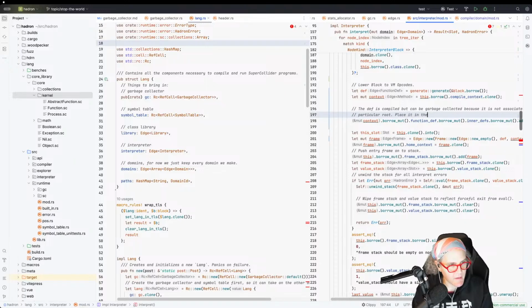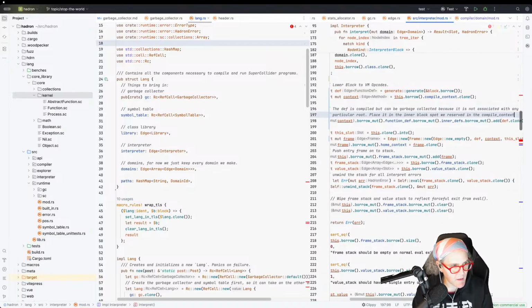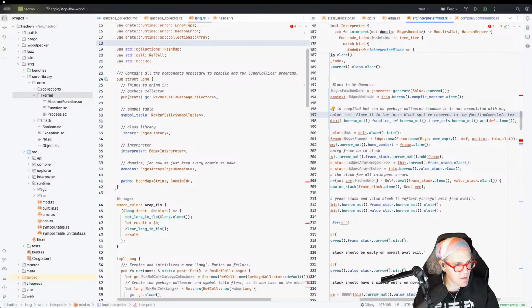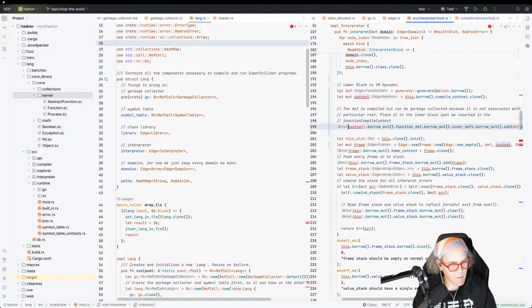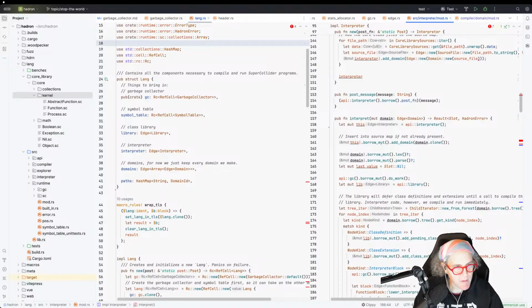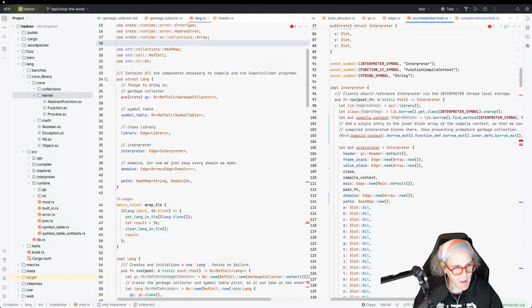Place it in the inner block spot we reserved in the compile context method. Which means that we got to be real sure that nobody's method, we got to be real sure that